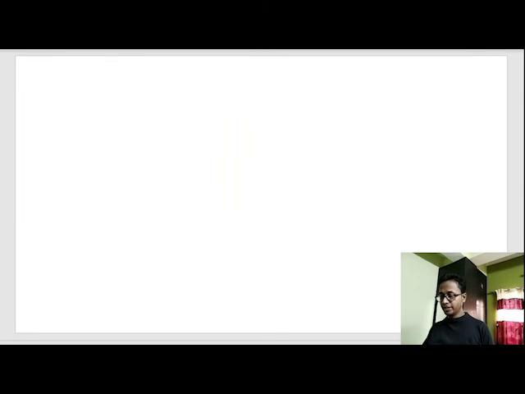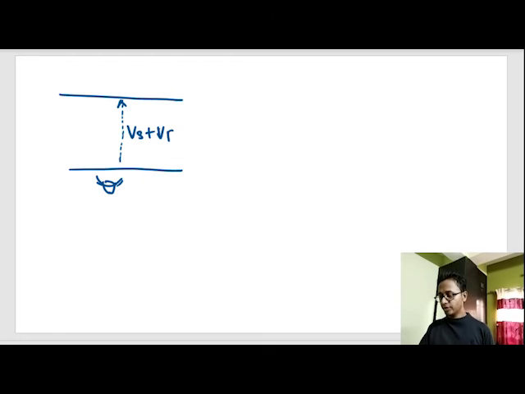Just imagine, the effective velocity of the swimmer as seen by an observer on the bank is Vs plus Vr, equal to a straight line. The Vs vector, or velocity of swimming vector, plus the velocity of river. The swimmer is trying to travel a little bit left, that is the velocity of swimmer.